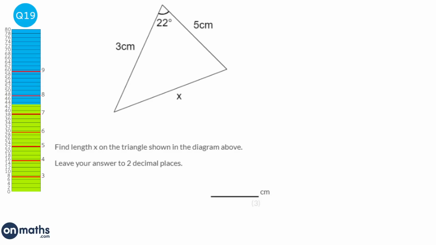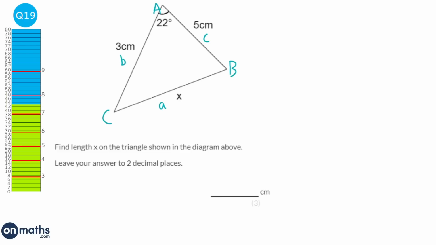I'm going to start off by labelling the triangle, and so we've got capital A here, capital B, capital C, and lowercase a, lowercase b, and lowercase c. It doesn't actually matter which way around B and C are, but capital A is always the angle that we're given. So we've got to work out whether we're using cosine rule, sine rule, or something else. Well, here we're given 3 lengths. Well, actually one of them is unknown, but there's 3 lengths involved and an angle, so that's definitely going to